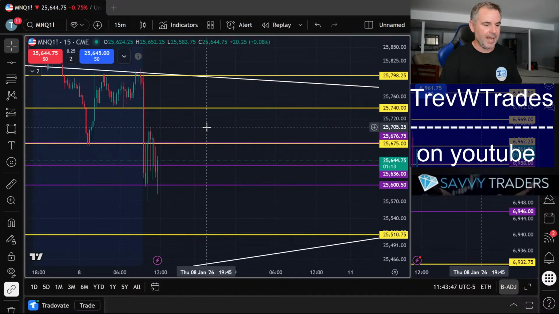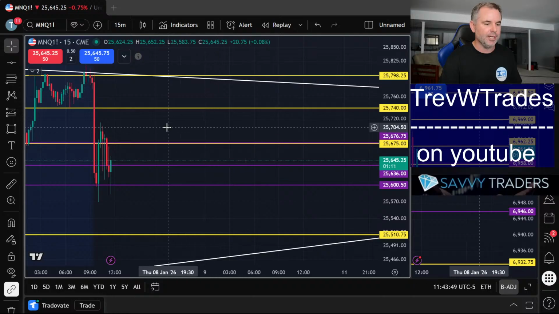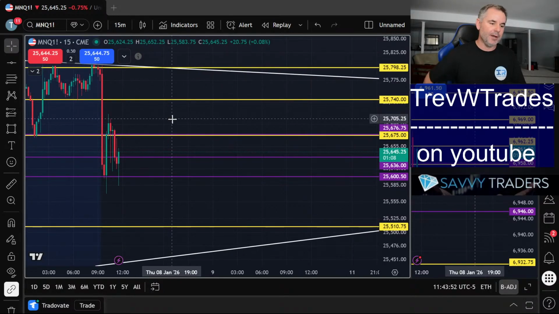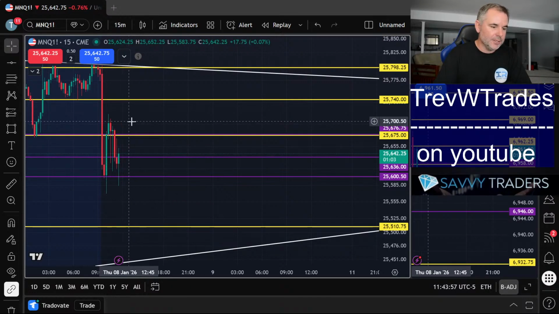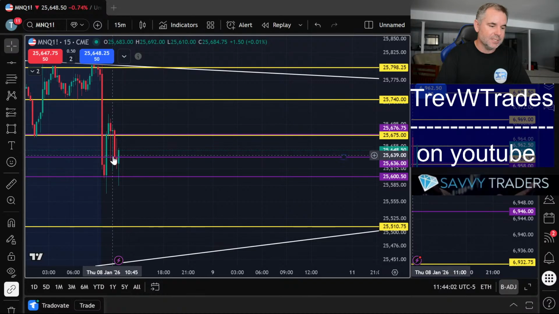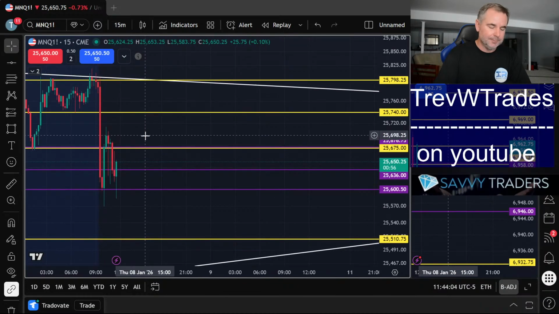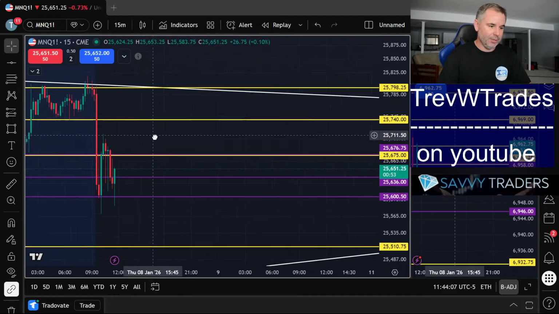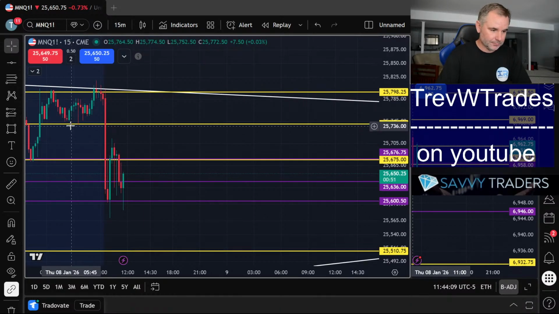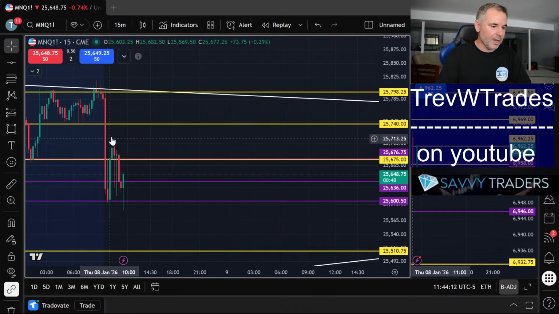So I'm not looking for anything right now as for trades, because I am a dip buyer or a retest seller. So I already took this retest area. Like I said, I missed one trade, I took a second one. I'm not up massive on the day, but I am green on the day, so I'm very thankful for that. But we already retested this area. I know we didn't touch it perfectly, and I do expect us to come up and touch this and get some sort of reaction, but the chances are